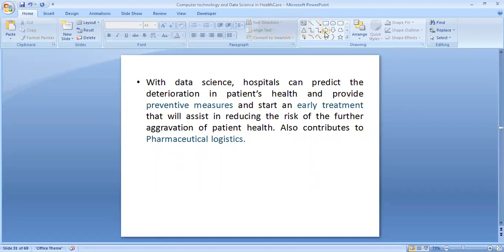Again, that is possible. So tracking of the conditions after the treatment prescription is also possible with the help of such a technique. So preventive medicine and giving treatment at appropriate time, or early treatment so that the condition doesn't worsen. And also, again, it is contributing to the combination of the drug discovery. All these are very important, or were made possible only because of data science.